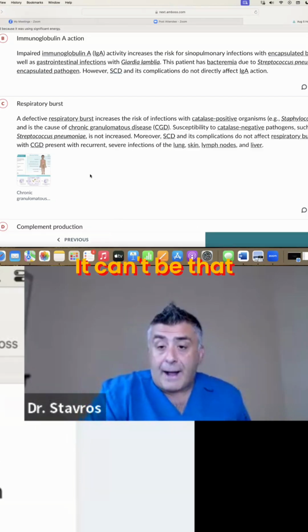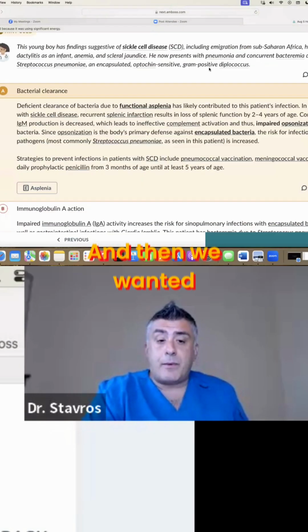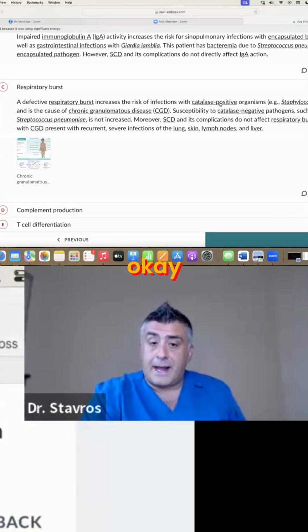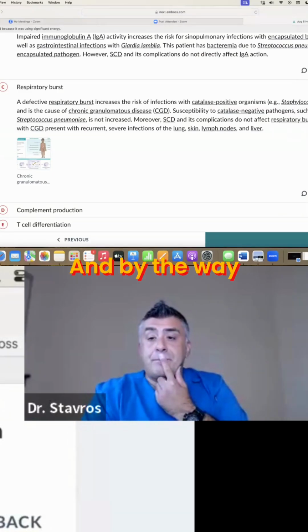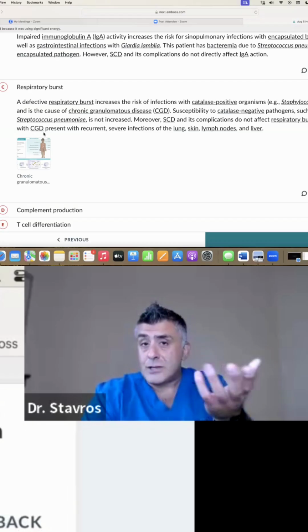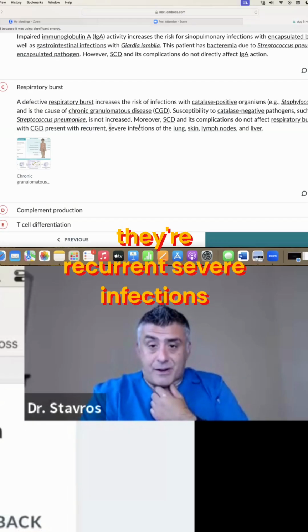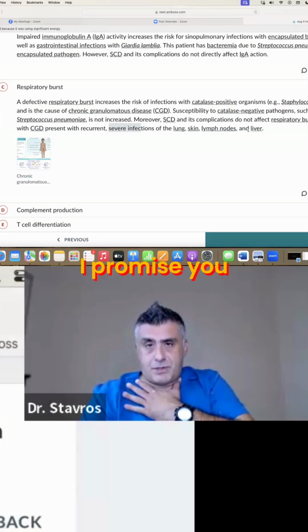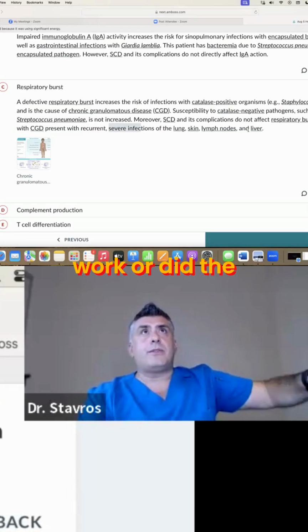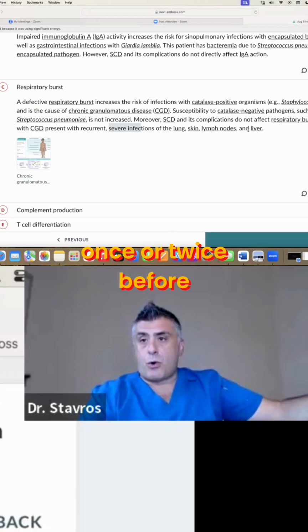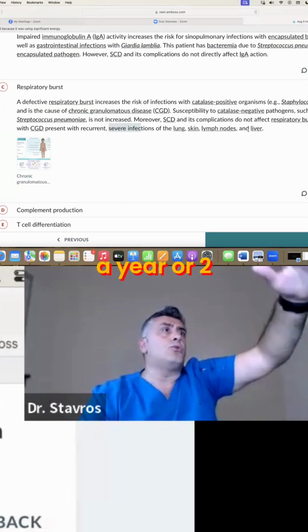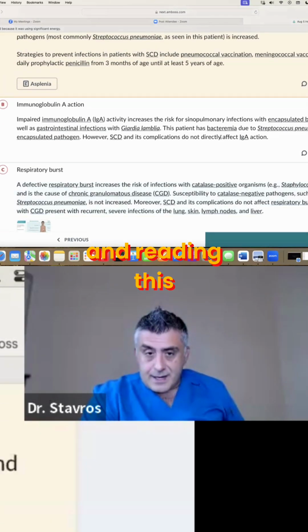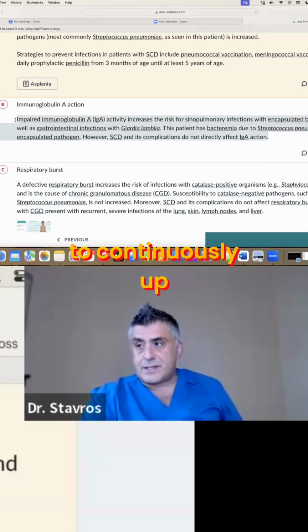So yeah, it can't be that because this is strep. And then we wanted Staph in this case, right? Staph is usually catalase positive. Okay, so that's how. And by the way, patients with CGD, as you know, have recurrent, severe infections of the lungs, skin, lymph nodes, and liver. I promise you, if you did the work to learn this once or twice in the past, 5 months, a year, 2 years ago, reading this is more than enough to continuously keep you upgraded with the content,